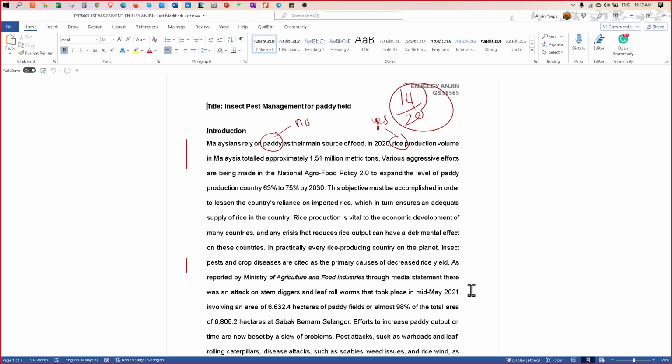Very, very few places. Otherwise, use rice. For example, the first sentence here, you wrote, Malaysians rely on paddy as their main source of food. This is wrong.